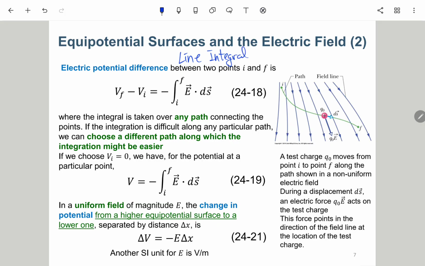Let's see what it is. Here we define the electric potential difference between two points I and F, Vf minus Vi, which is delta V as before, by a definition as negative